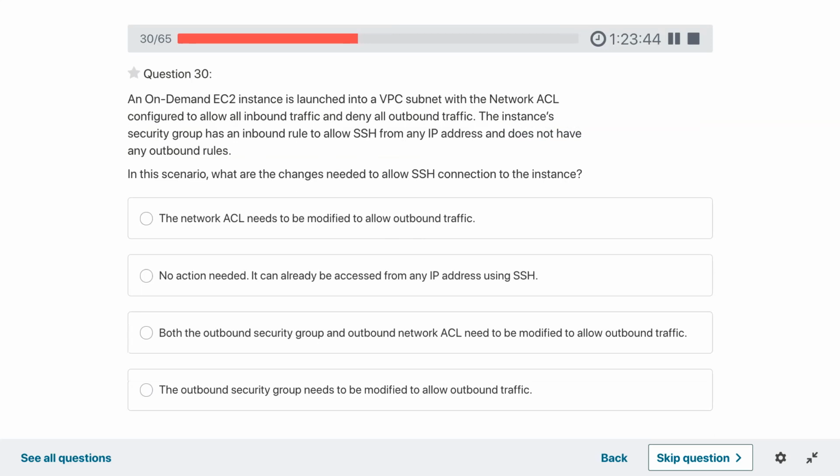In this scenario, what are the changes needed to allow SSH connection to the instance?